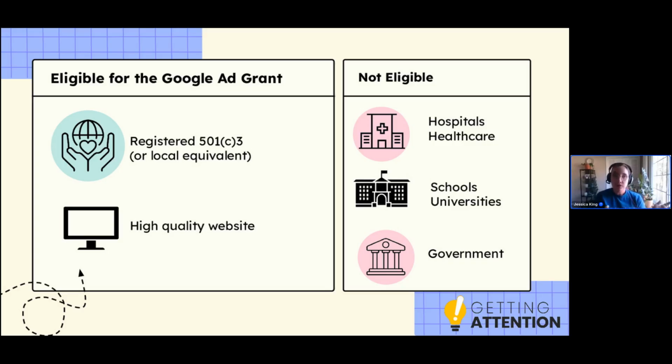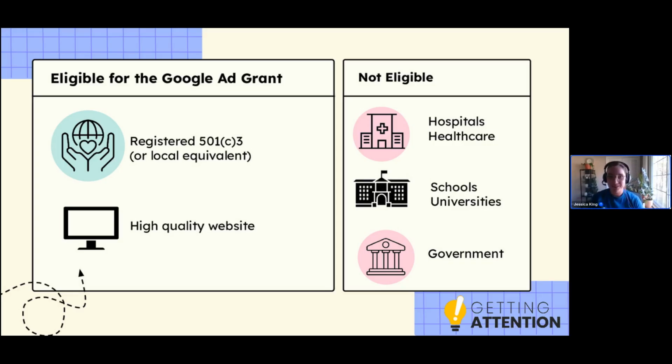But first, I want to cover who's eligible and who's not. One of the things I want to give a little asterisk about at the top is that we work primarily with US organizations, not exclusively, but we are most familiar with the US environment. So I'm going to refer to a few tax structures that are specific to the US. The ad grant is available in lots of different countries around the world. So if you are calling in from Mexico, from Ireland, from Japan, it's late at night if you are in Japan, but the ad grant is also available in your country. What you will want to do is double check the requirements against your own local requirements. They're mostly the same, but every once in a while, there are a few extra hoops to jump through. So just something to be aware of.